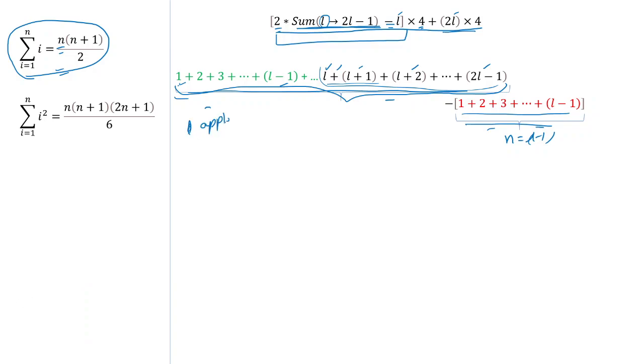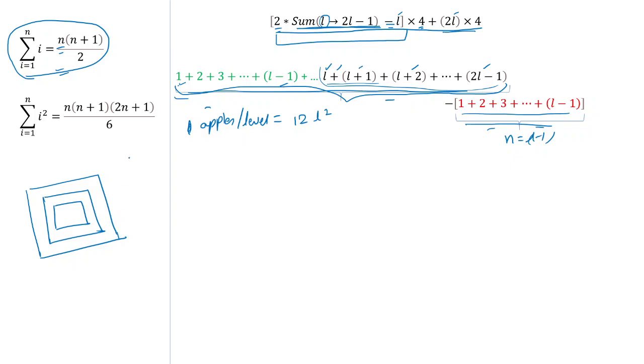Apples per level we have got 12L square. So if you see here, this is our first level, this is our second level, this is our third level. Whenever n is given, suppose you have selected this particular parameter, what you have to do is see the number of apples in this one, the number of apples in this one, plus the number of apples in this one. The summation of all those three should be greater than this n.